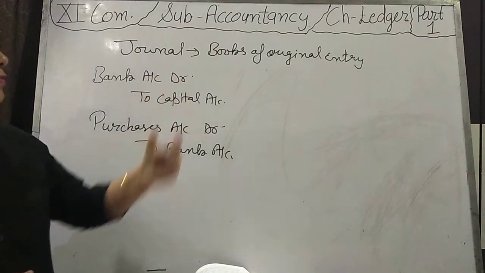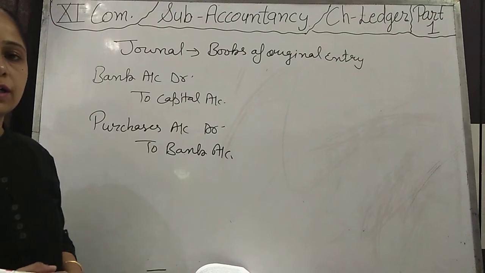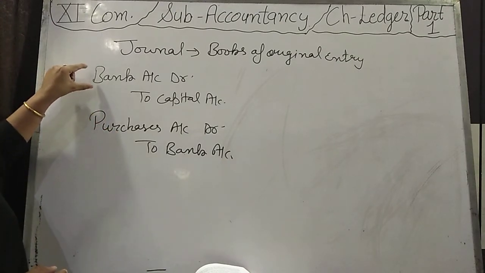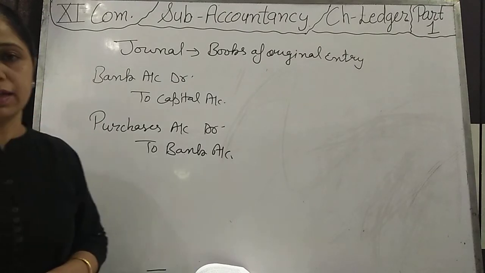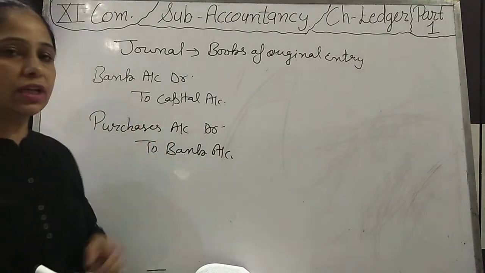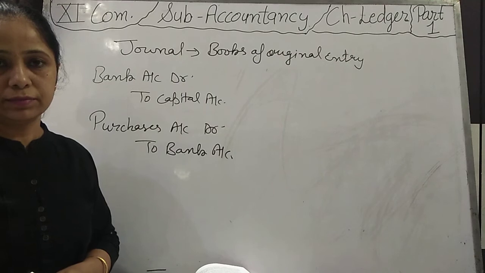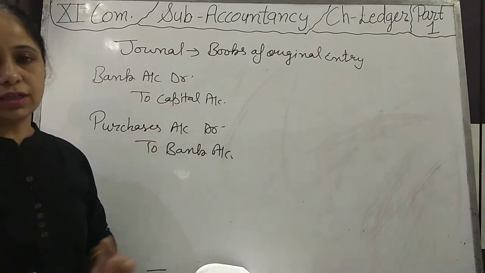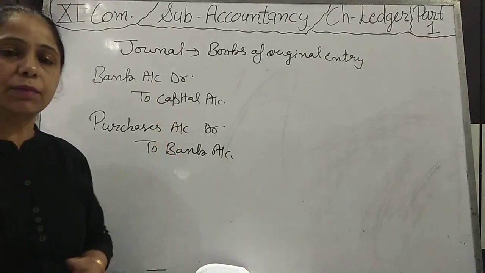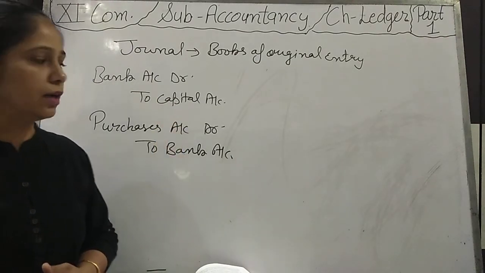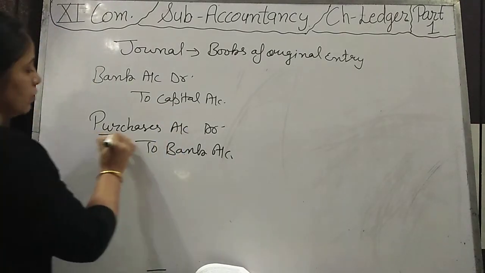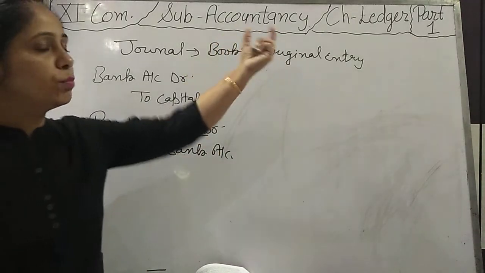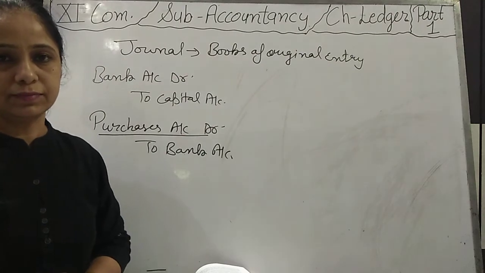After that, if we want to record a separate account, like we want to know how much balance of bank we are having, how much total purchase at the end of month, then this thing we cannot know from the journal. Journal से हमें इस बात का पता नहीं चल सकता है ना. So what we will do is that after journal, one new book is prepared, ledger.